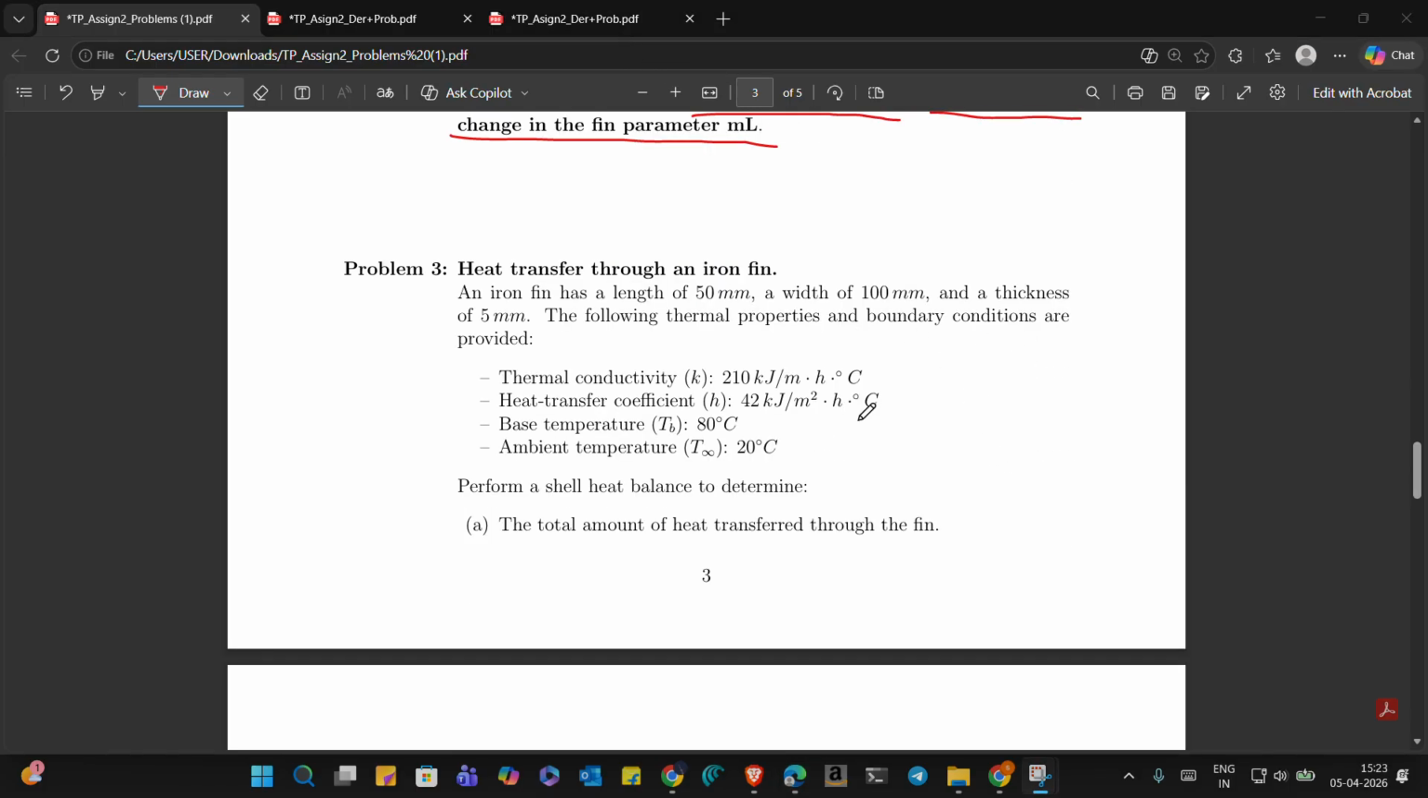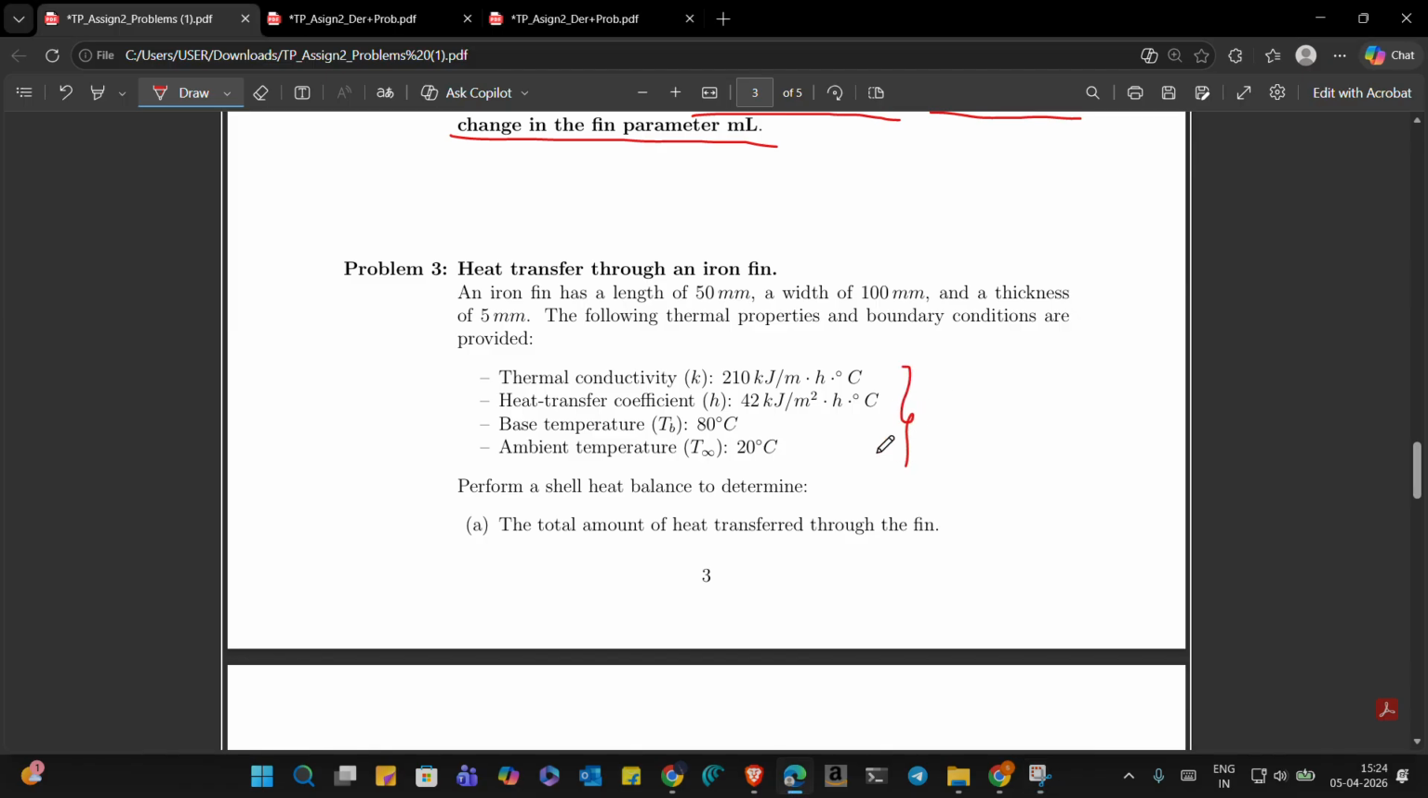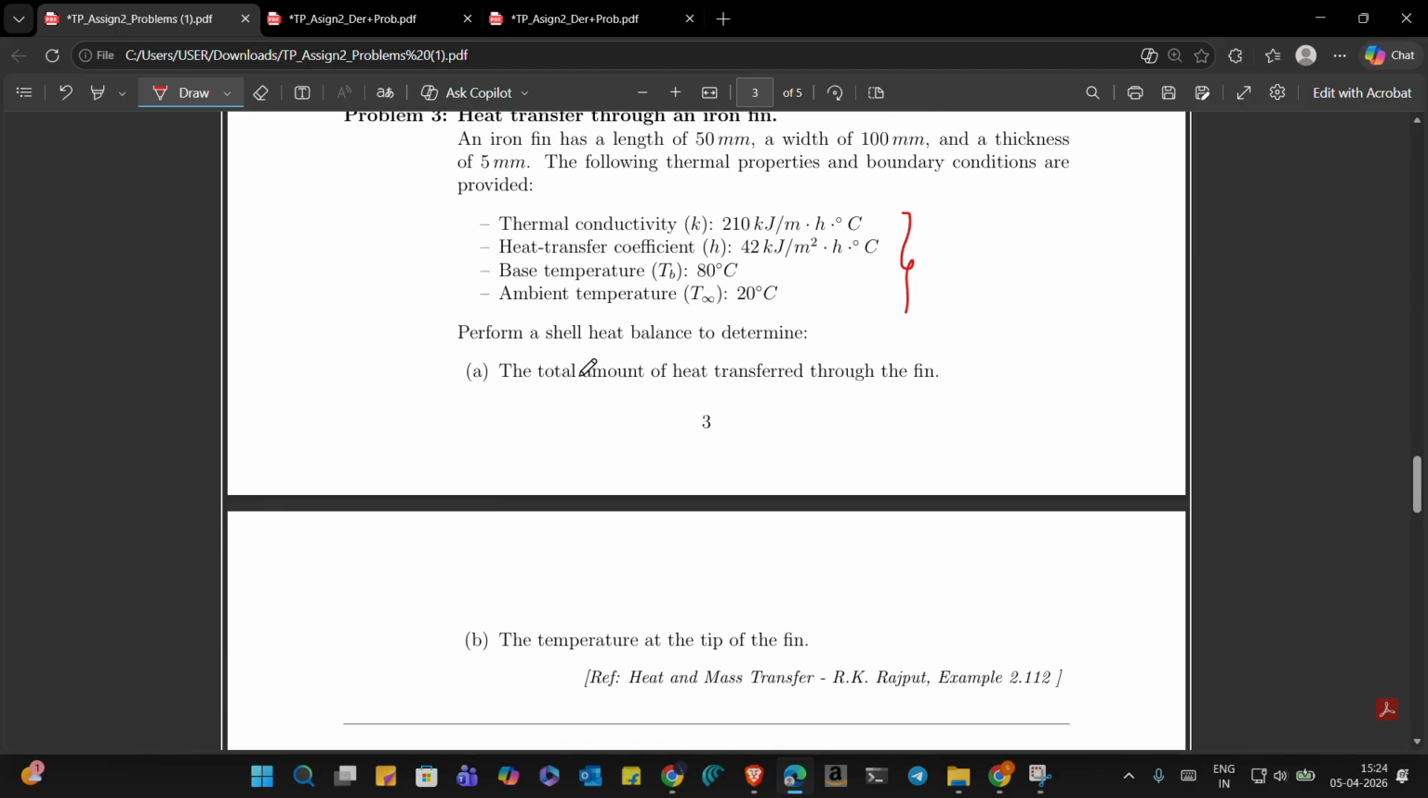So this is the third problem that we are going to solve. In here also, as in the two questions that we have solved earlier, the data is given as the length of the fin, width of the fin, and the thickness of the fin. The necessary conditions are provided, such as the thermal conductivity and other necessary constants. So what we have to do is perform a shell heat balance to find the total amount